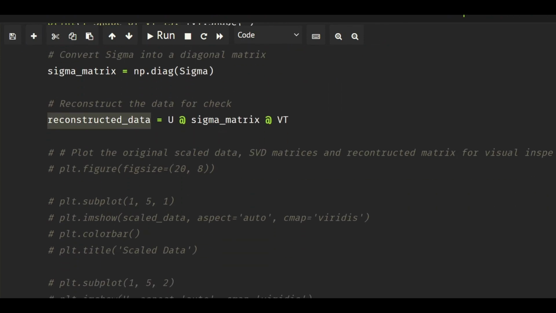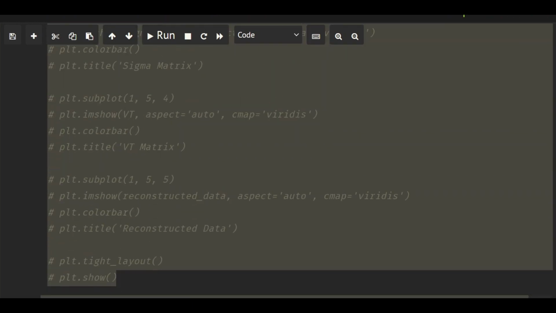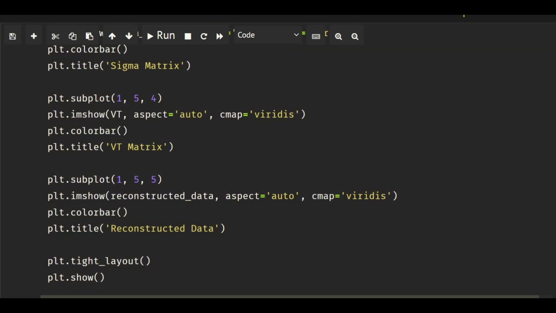So reconstructed data will be matrix multiplication between U, the sigma matrix, that is the diagonal matrix, and the VT. And then I'll plot all of them together. So this is my plotting code. And let me just run this. So when I run this,